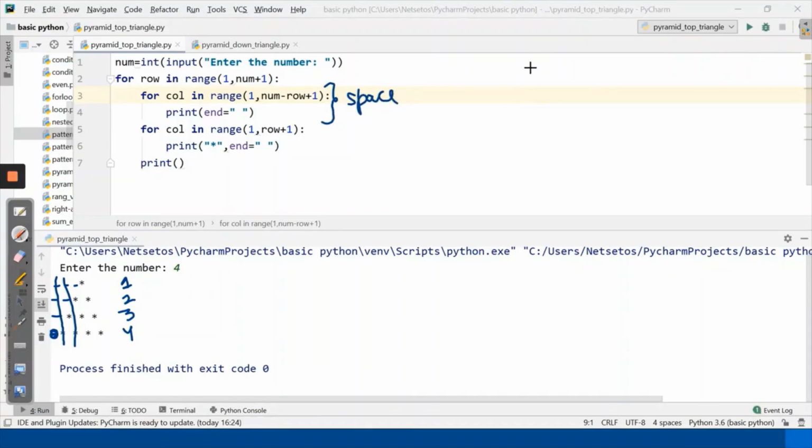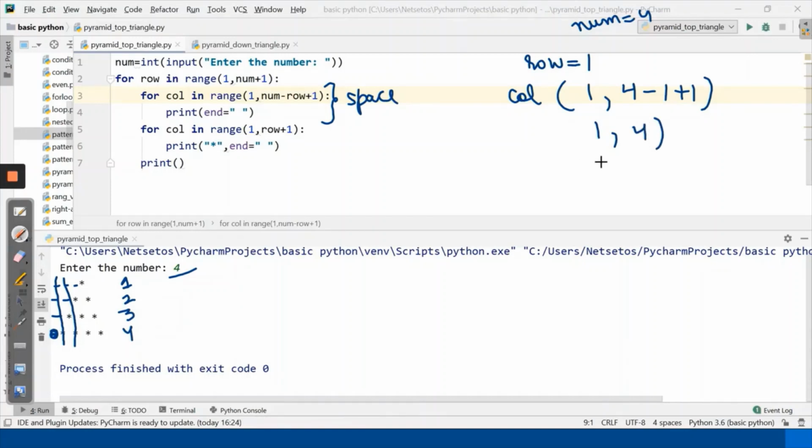So at row 1, I need column to run from 1 to num, which is 4. Row is equal to 1. So here num is 4 minus row is 1, plus 1. So it will run from 1 to 4 minus 1, which is 3, plus 1, 4.